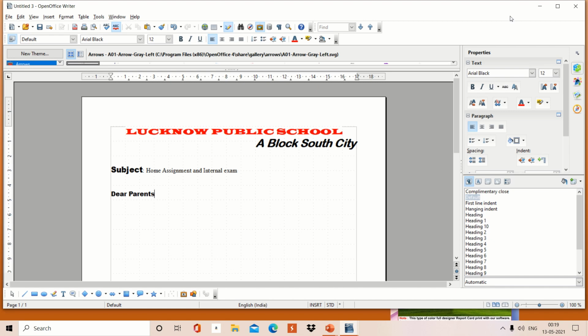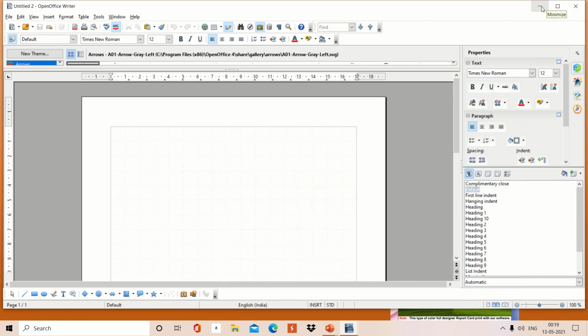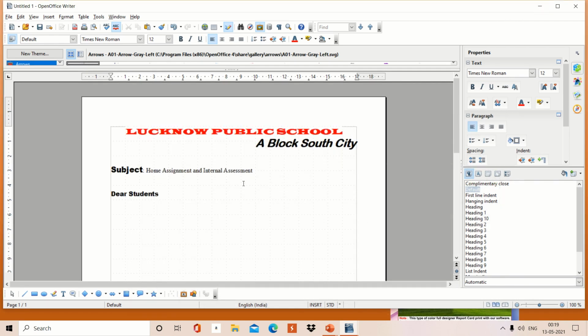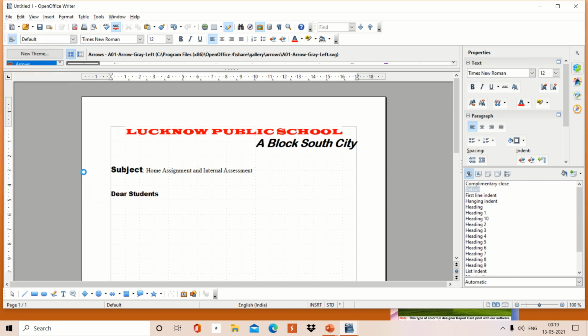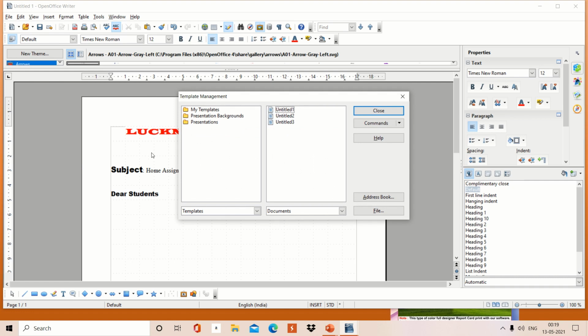For that, another step is, come to the main original document where I was working earlier in Untitled 1. Come to File, again go to Template. This time you should go to Organize. Click on Organize. You will see the location and the folder where I saved earlier, that is my template. Here you can see the number of templates which I have created already. Just before we created Template 1. So select Template 1 and now come to Command.